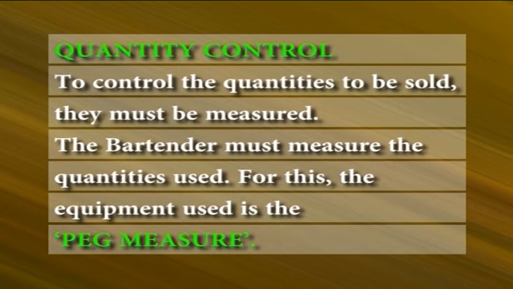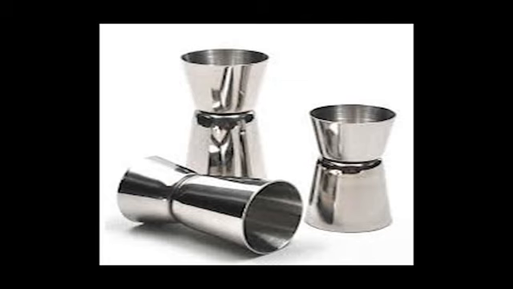When drinks are prepared by recipe with specific quantities of ingredients and served in predetermined portion sizes, then the cost of the items prepared can be controlled. Quantity control. To control the quantities to be sold, they must be measured. The bartender must measure the quantities used. For this, the equipment used is the peg measure. It is a stainless steel or brass measuring device designed to measure 1 ounce or 30 milliliter and 2 ounces